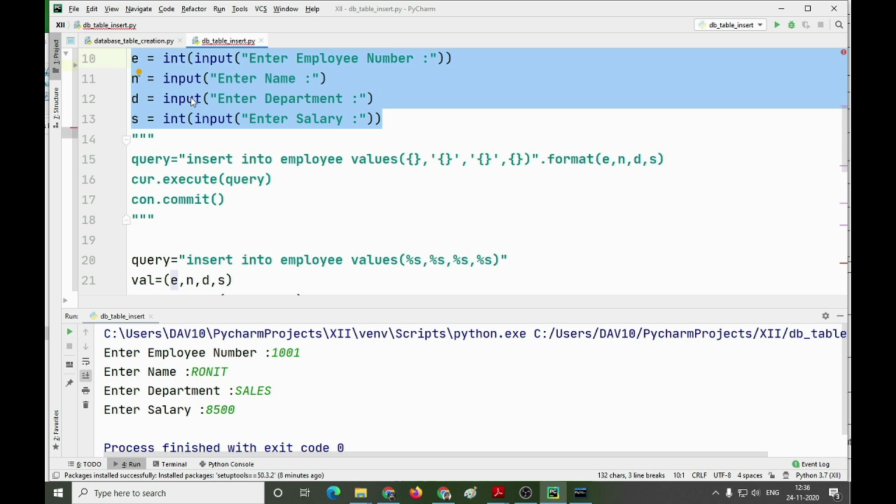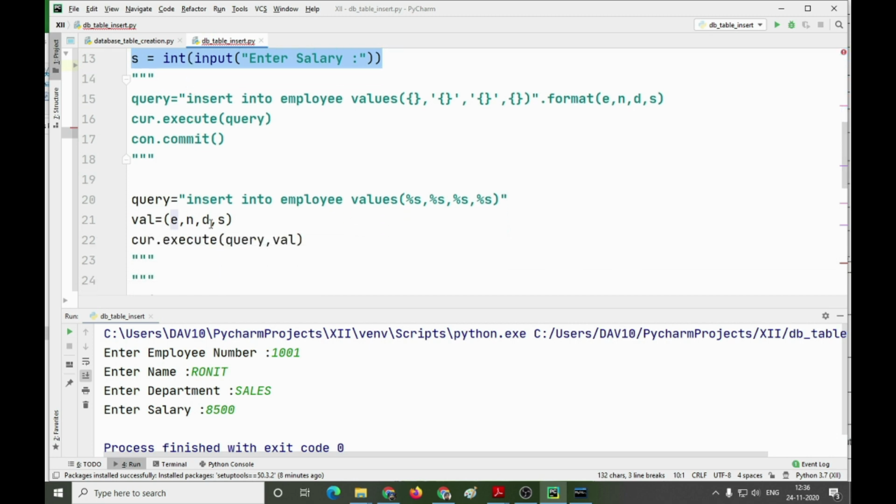We store them in variables and later create a tuple holding the employee number, name, department and salary, and then pass it as a parameter along with the query.